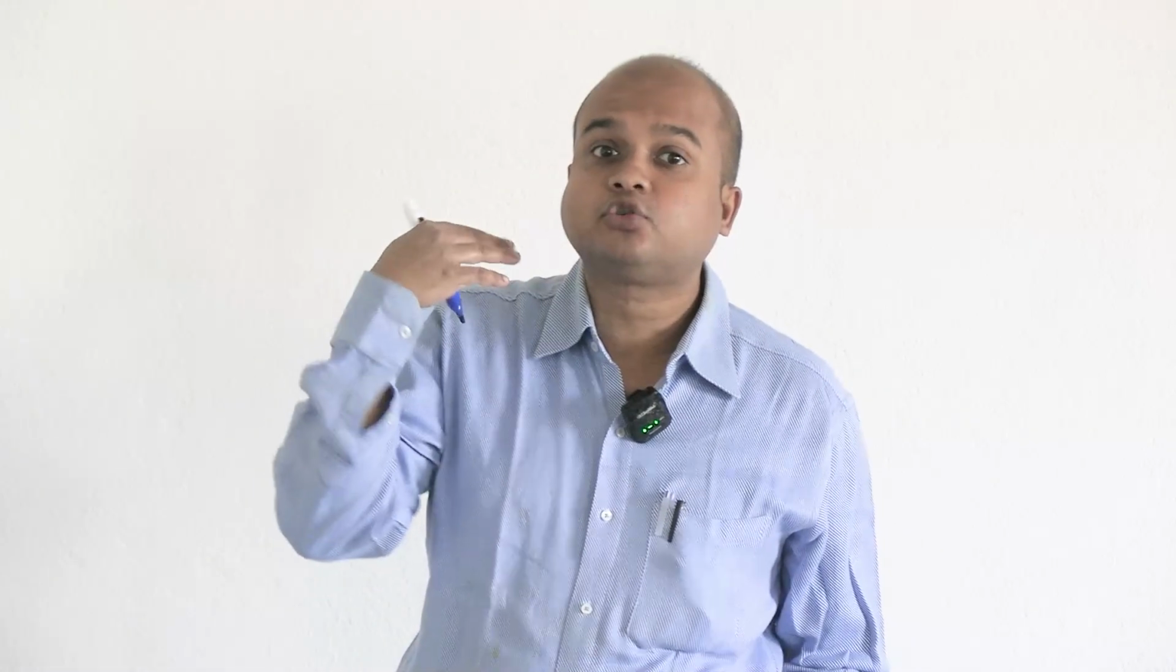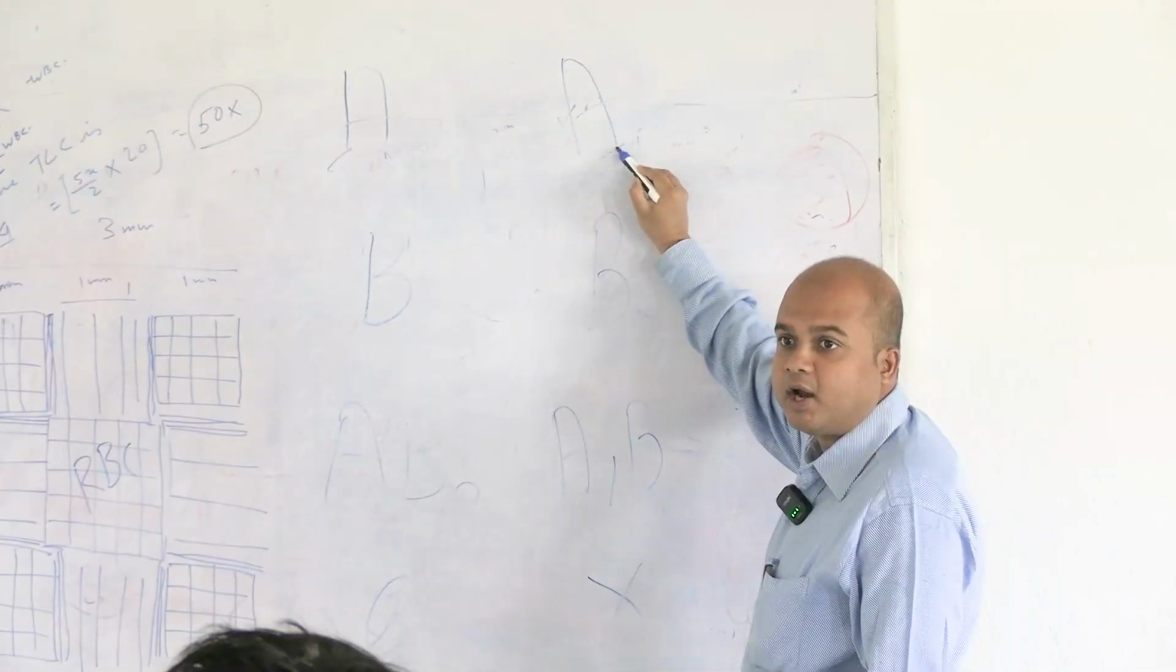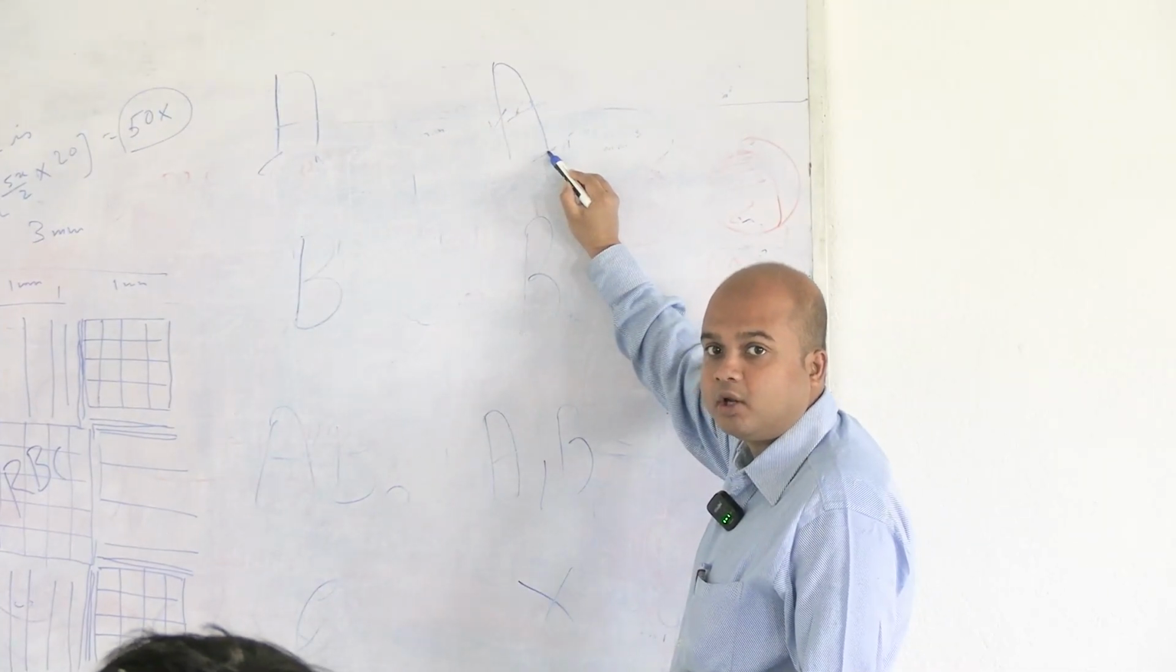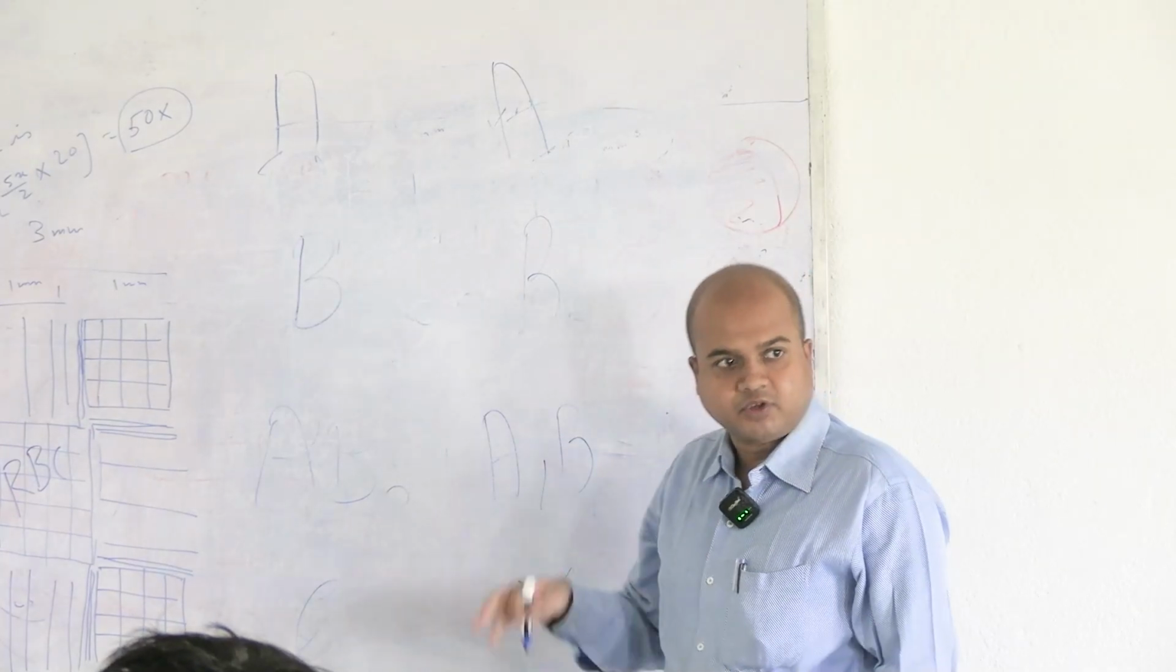Landsteiner's law was given by him in the year 1900, long before the Rh system was discovered. Landsteiner's law has two statements. If one particular agglutinogen is present on the RBCs of one individual, where the agglutinogens are present on the surface of RBCs,